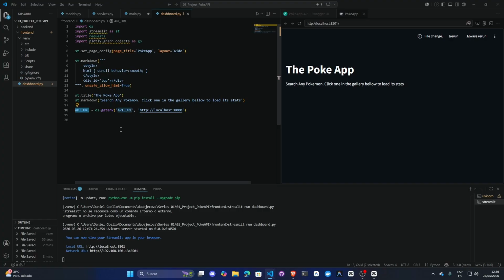This line reads the API URL from an environment variable. Locally, there is no variable set, so it defaults to localhost. Inside Docker, we will pass the correct API URL with the port as an environment variable. Now the clever part: the search box and the gallery need to be linked. When someone clicks a Pokémon card in the gallery, the search box at the top should automatically update and load the Pokémon. We are going to add this, the current